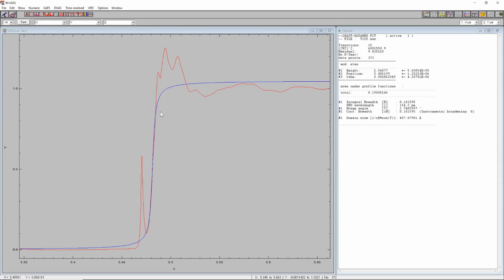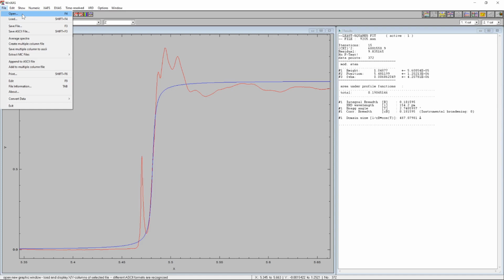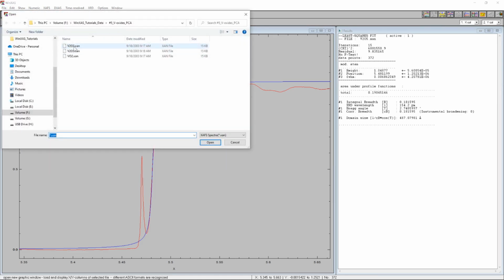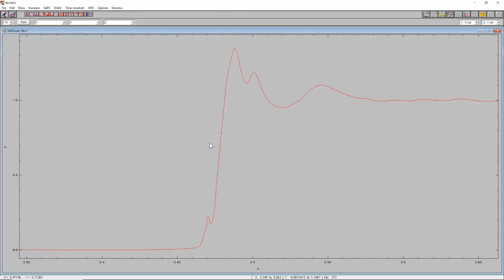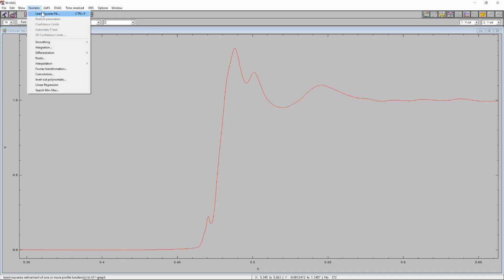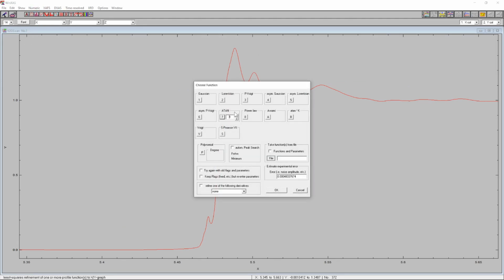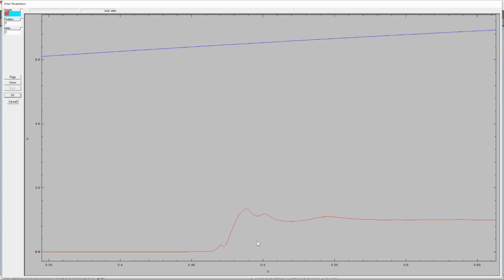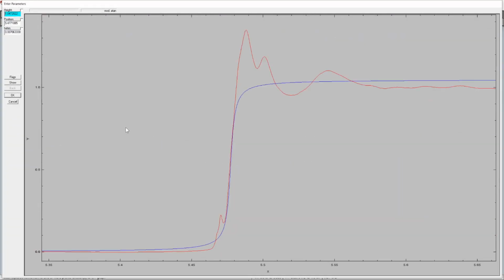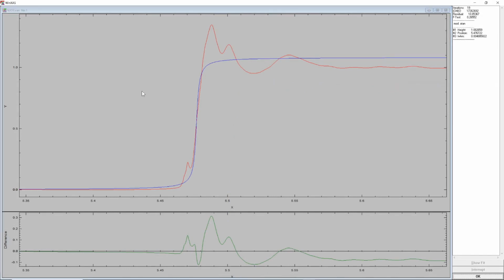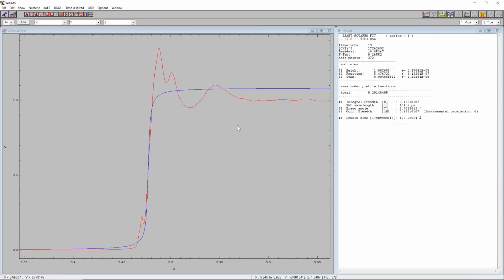So this procedure now can be applied to other reference oxides, for instance, and we do have those available in the data folder. So for instance, let's look at V2O3. Open this. We perform the same refinement. So just a step function, height, position, and width, and refine this step function to the experimental XANES spectrum of the vanadium 3 oxide, and